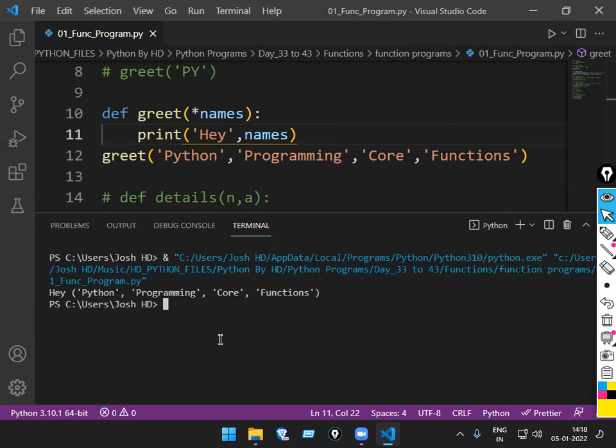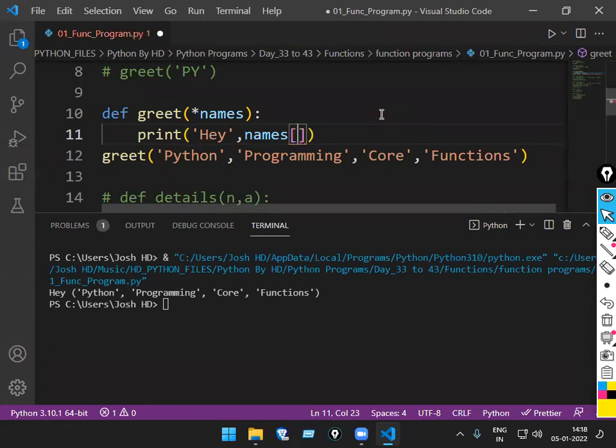So what we get is in the form of what? Tuple. So if you want a specific thing, you have to pass the index positions. If you don't pass the index position, then you won't get it. Then again, you have to use a for loop. All those things are there again. Okay. So whatever you want now, 0. If I want all the names, you tell me how. I want all the names.